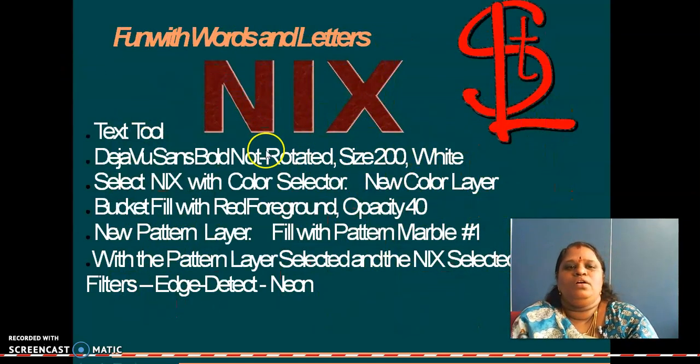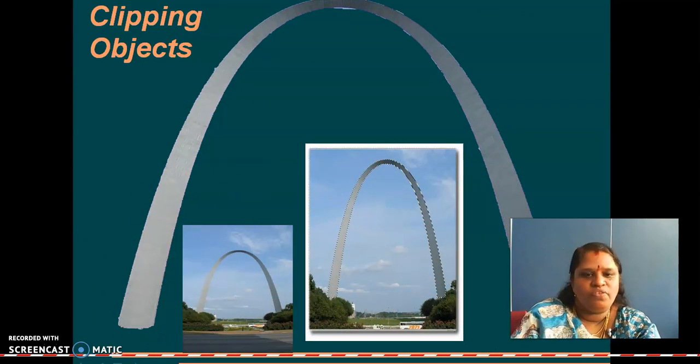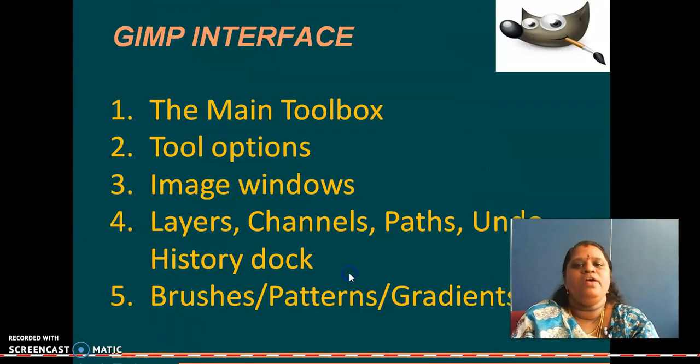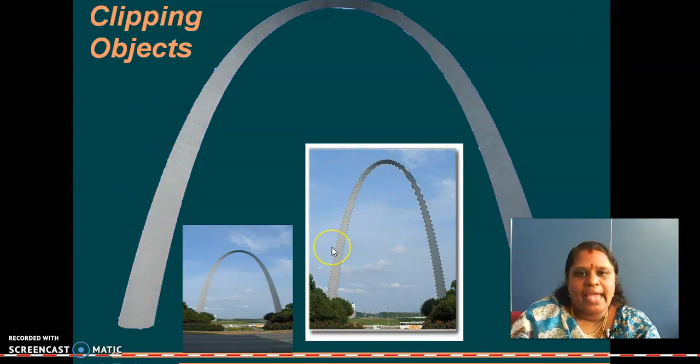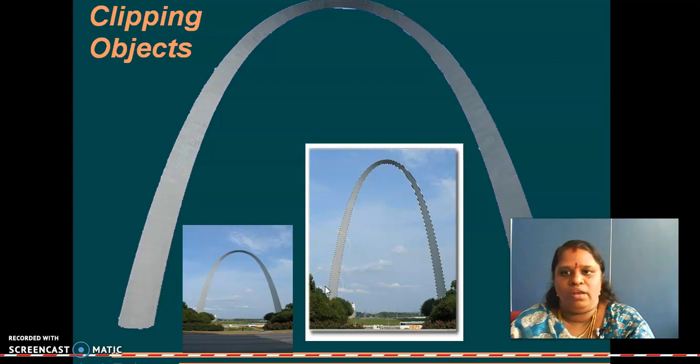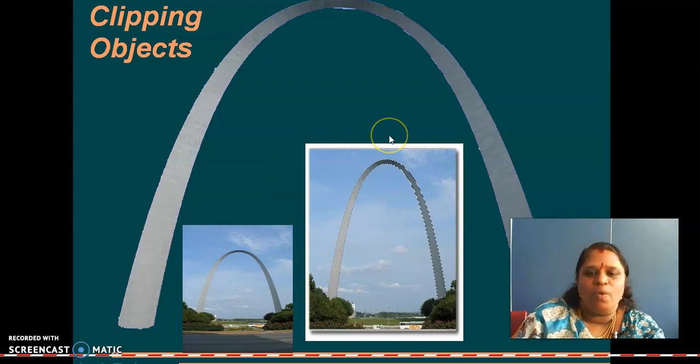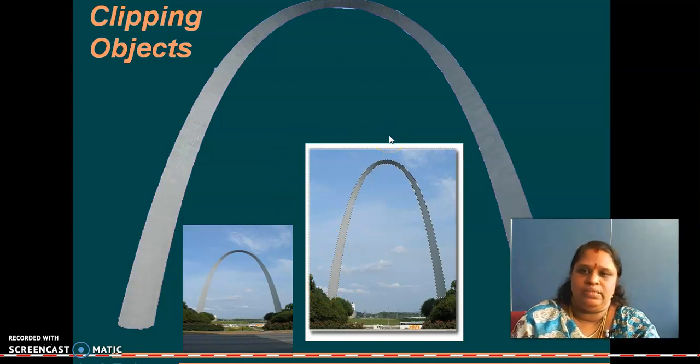The next one is, all these are layers. Clipping objects, how to clip these objects, everything we can do. Got it? Any doubt till now? So this is the capability of XIM. What are all the things we can do? From image resizing up to clipping of objects, we can do it in XIM.